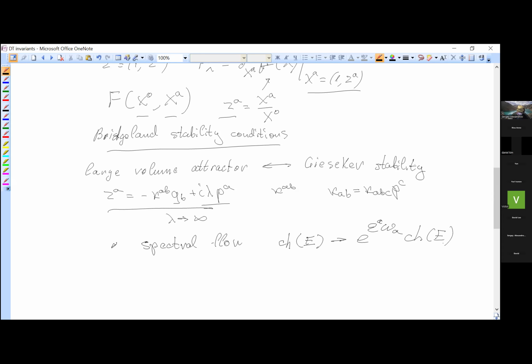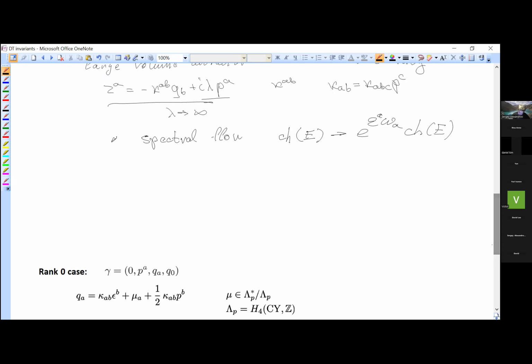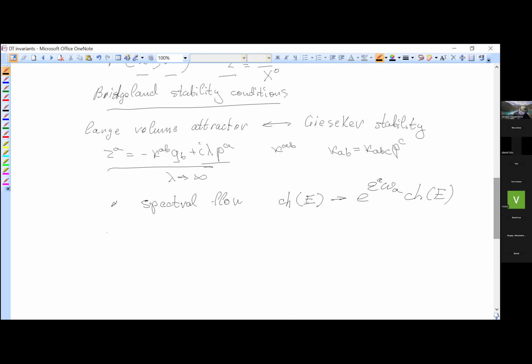The claim is that if you change your Chern vector like this, then the DT invariant doesn't change. In particular, this is why, for example, if we consider rank 1 or rank -1 case, then our DT invariant in general depends on these four charges, P0, PA, QA, Q0, but P0 is fixed. And it turns out that spectral flow invariance allows also to remove dependence on PA. So in the end, my DT invariant depends only on certain